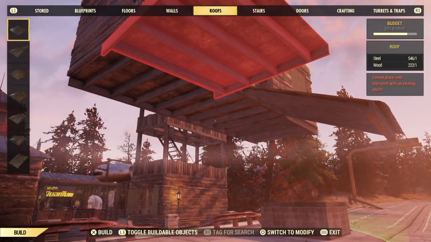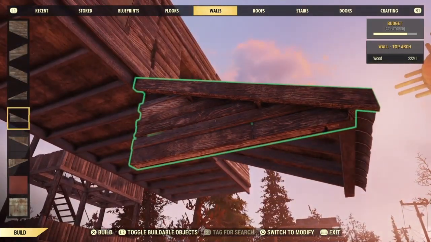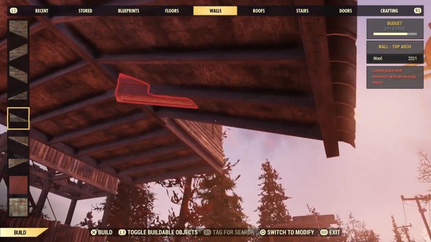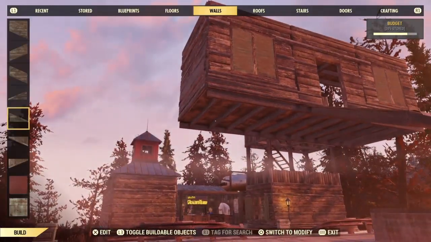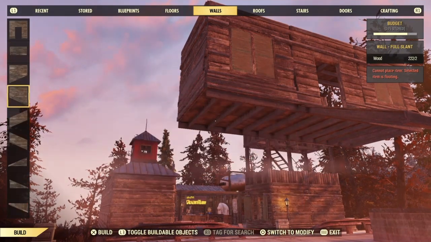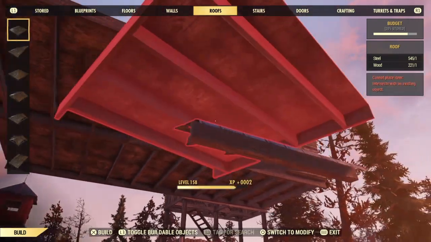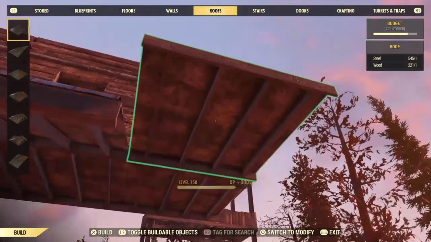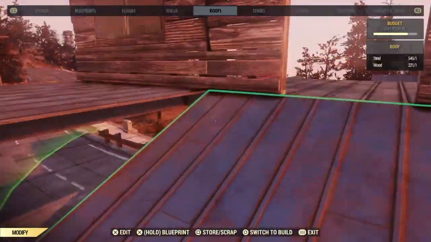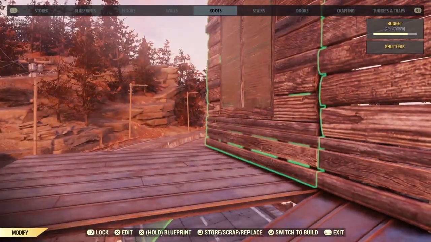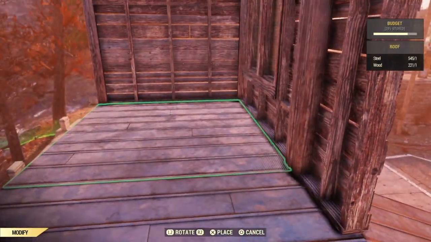You can add those little half wall things as well. You can add these if you want. I mean, I'm not going to do it. You can even continue your roofs out this way if you want a little porch or whatever it is that you imagine yourself having. Sometimes what I do for my camp, which is actually I did for my castle camp,